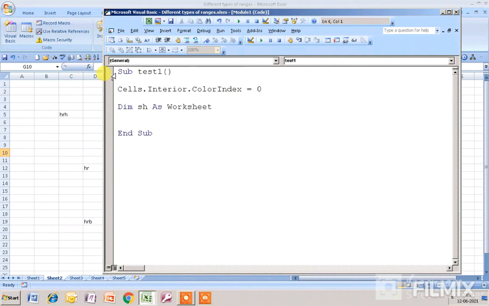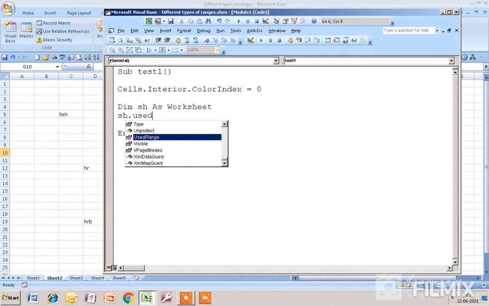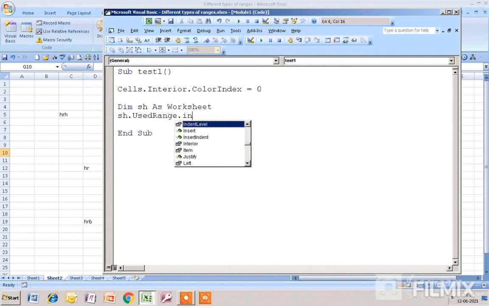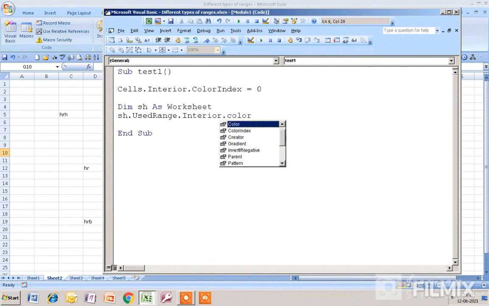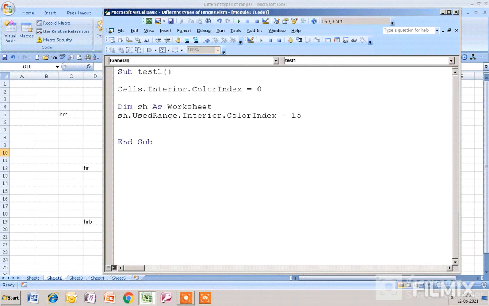And what is the use of sh? sh.UsedRange.Interior.ColorIndex equal to 15. 15 is for gray color. Okay, 15 is for gray color, and it is used for the used range only.